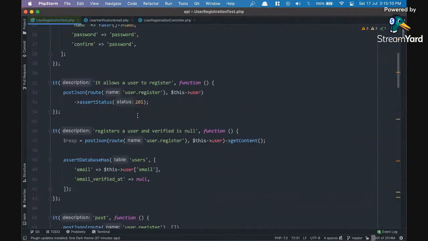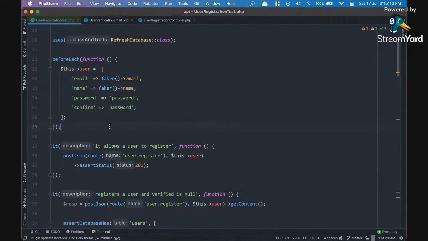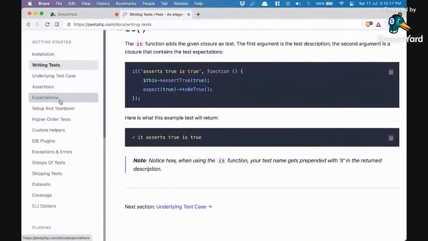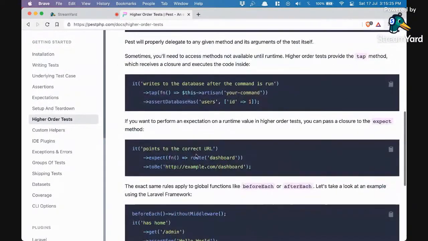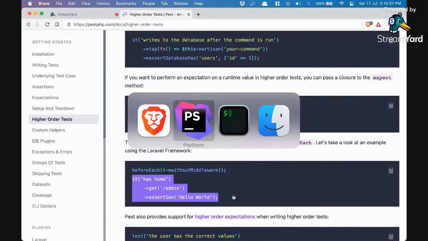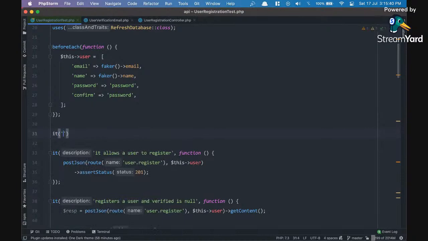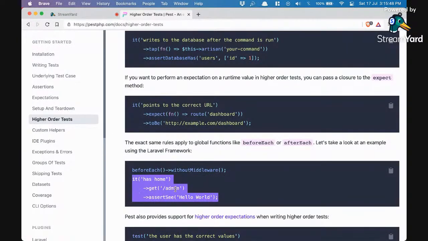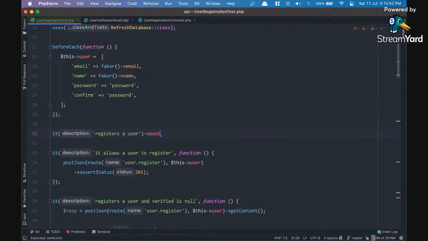And there is one thing I'm still not 100% sure why is happening, but I'll tell you. There is one thing about the framework, where is it, higher order tests. So you can do it, then expect something like this. Okay, assert, which to me is very exciting. So I'll show you how we can do that. Let's just say it registers a user. As far as the syntax goes, I can do post JSON, and there's going to be API slash user slash register this user, maybe